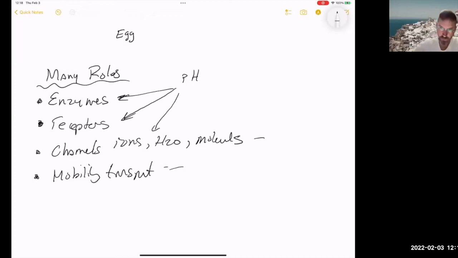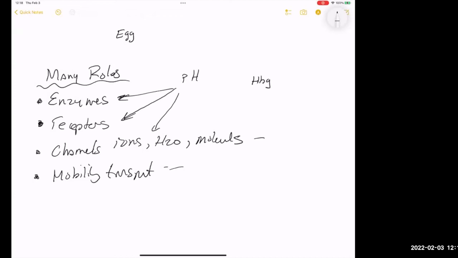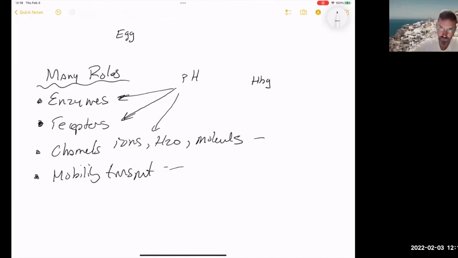A good example of this is hemoglobin. If you have lots of hydrogen ions in your body, so that means that the pH is low, because a low pH equals a high hydrogen ion concentration,